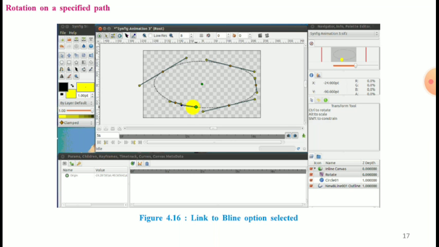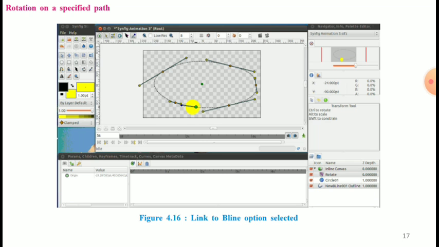Now right click on the Bline in the canvas where you want the circle to start from. Select the option link to Bline. The link to Bline feature is used to attach a vertex of an object to the vertex of a Bline. The vertex gets stuck to the Bline vertex and can be moved along with it.